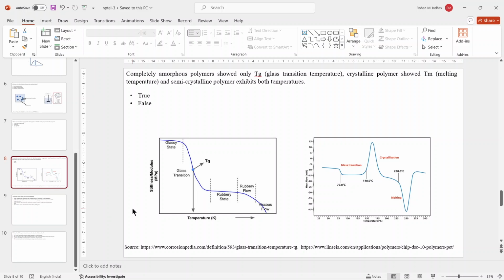Will the semi-crystalline material have a specific melting point, or would it have a range? I'm not sure about it actually. Polymers definitely have a range of melting point because, as we know, polymers are made up of different chains. So these chains will definitely have different kinds of packing structure inside the polymer, and at different temperatures,